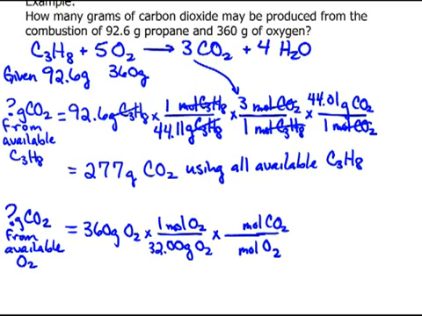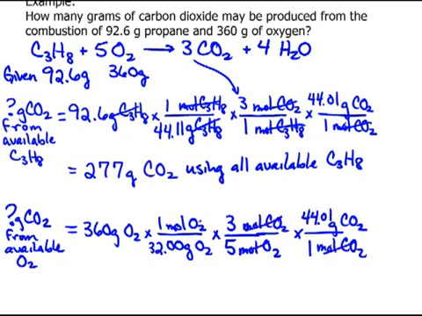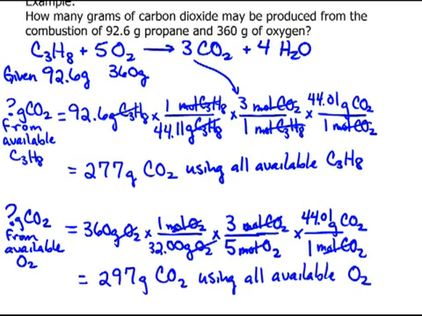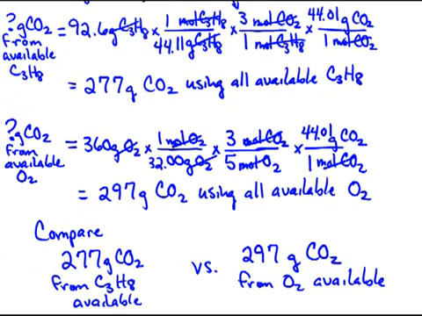I use my mole to mole ratio and pull the numbers from the balanced chemical equation. Then I need to do the final step, which is to convert the moles of CO2 to grams of CO2, and just make sure that all my units do what I wanted. Now I have the two numbers I need to compare. Comparing these two values, the 277 versus the 297, the 277 is the smaller amount, so I know